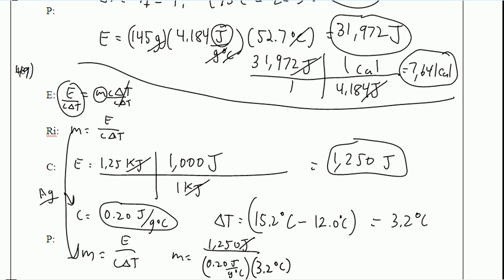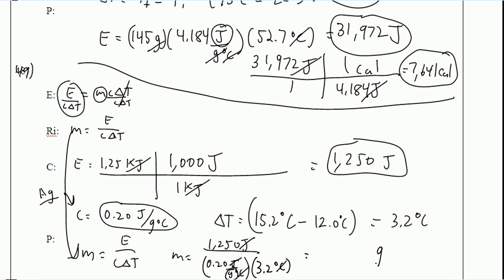Joules is going to cancel there, and degrees Celsius is going to cancel there, and we end up with our unit of grams. So 1250 divided by 0.2 times 3.2, which is 0.64,